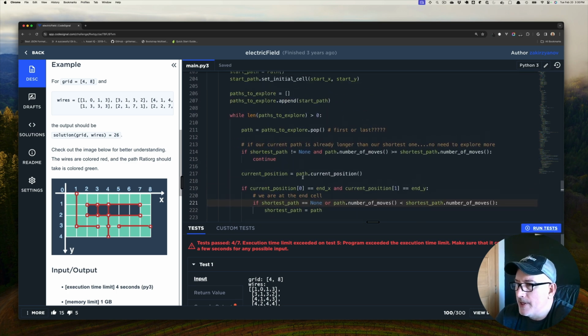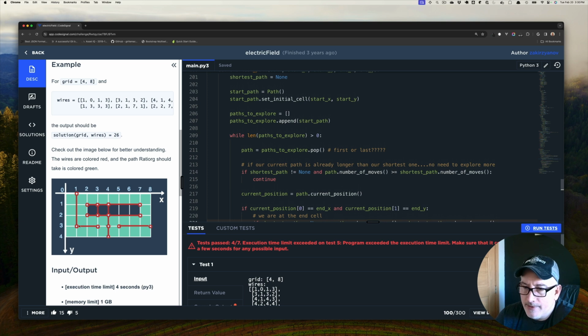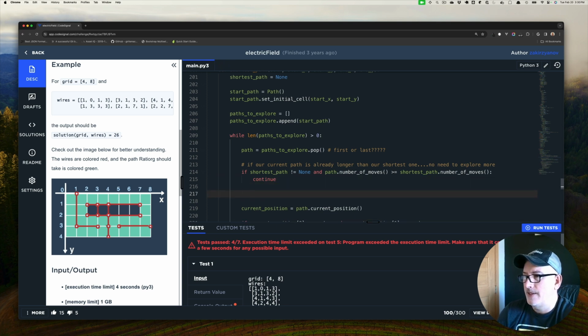Maybe one more speed up that we can do in here is, given this path, and no matter what cell I'm on, so let's say I'm in this cell right here, if my current number of moves, which would be 1, 2, 3, 4, 5, 6, maybe 7 to this one. So if I'm 7 moves in on this current square, but I already have a path that reached that current square before I did, then I can short circuit. That making sense? So it's not just necessarily shorter than the shortest path, but also if any other paths have